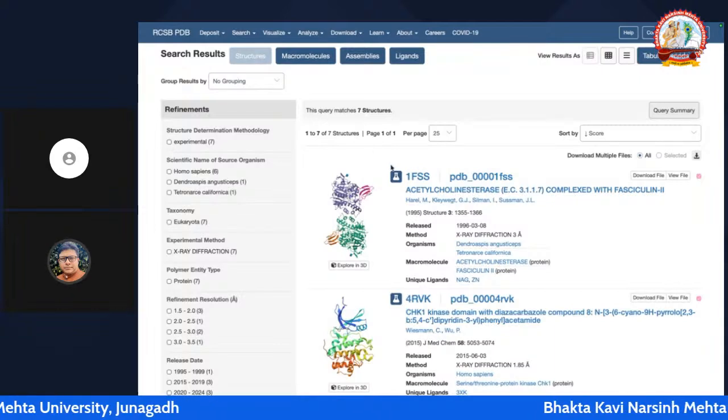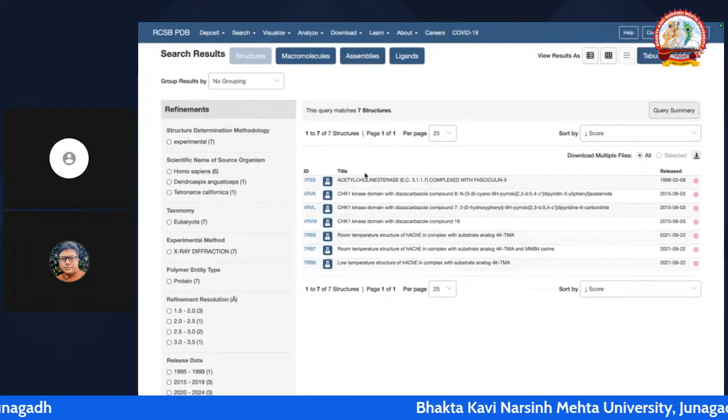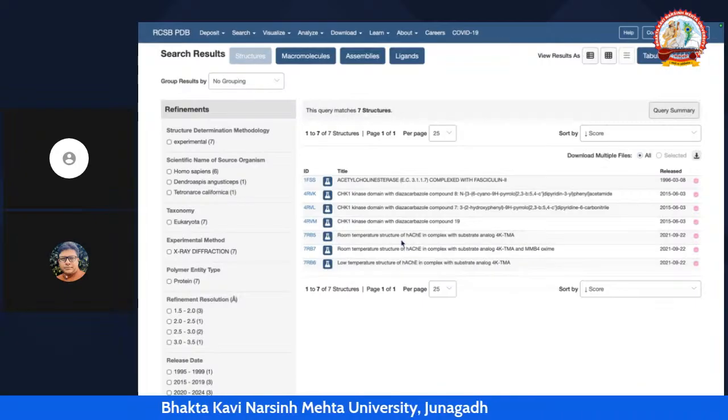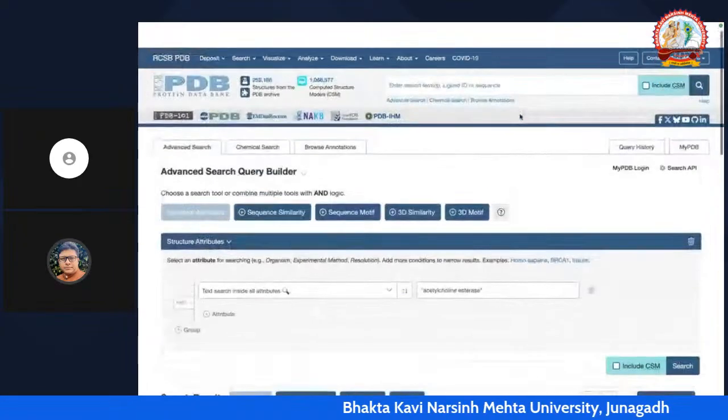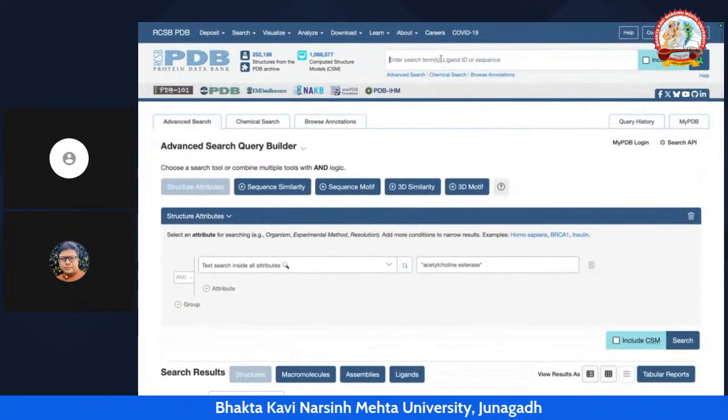Here you can see crystal structures available. Now, since I know one of the crystal structures has donepezil,